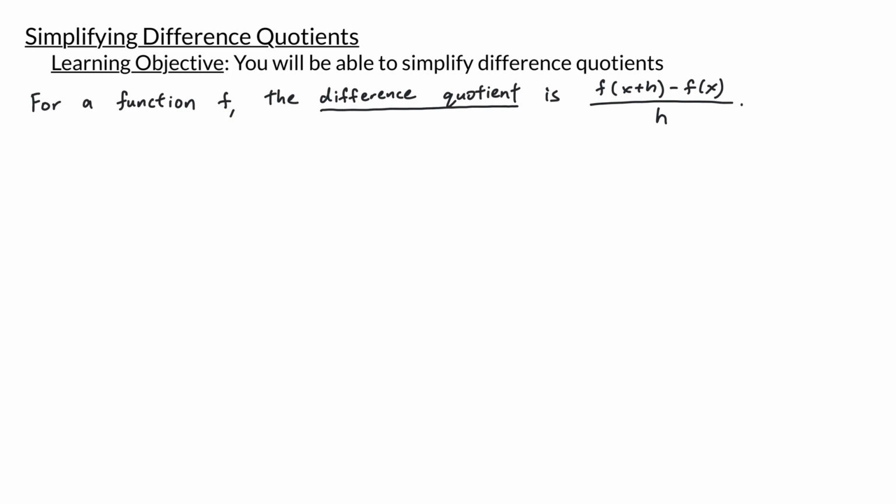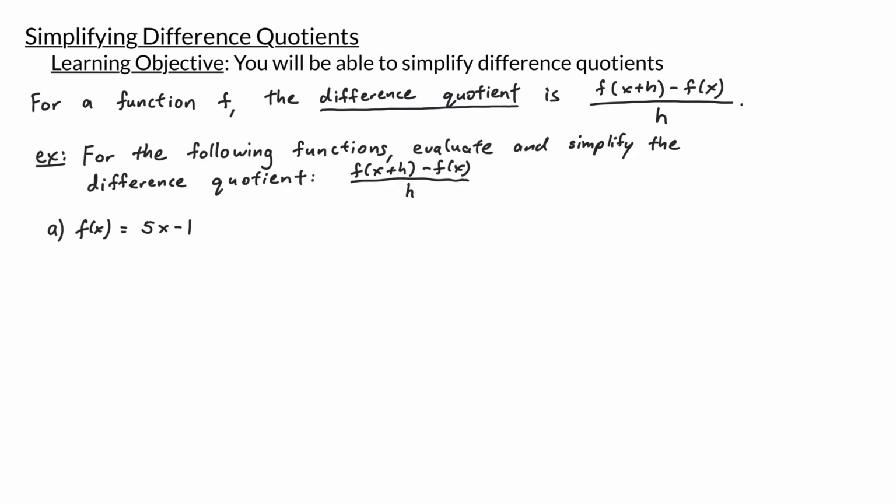The difference quotient is an important part of calculating derivatives, which is one of the main things that you'll be doing in calculus. So let's take a look at some examples of finding and simplifying the difference quotient for various functions. In our first example here, we are given the function f of x equals 5x minus 1,